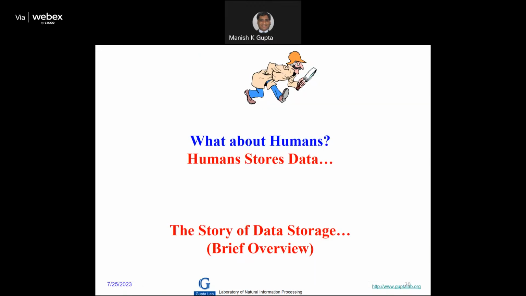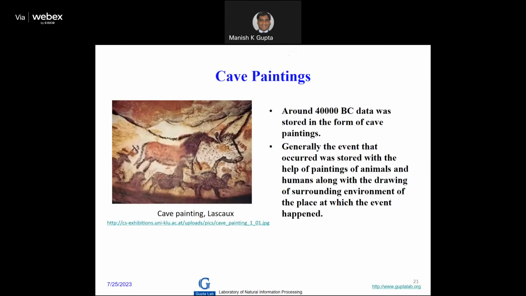Now I'm going to give you a very brief summary, the story of data storage. Some of you might be, I think your age is around 17, 18, maybe 19, I guess. So before 19 years, you might have seen floppy disks. Does anybody have floppy disks at home? Do you know what a floppy is? Some people might have seen those. We have used those things, where the size was only a few MBs. I'll show you some of the pictures now.